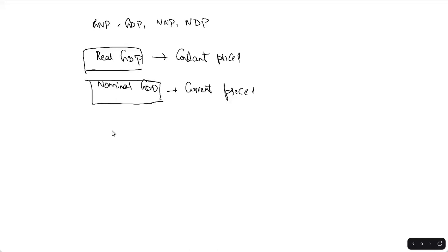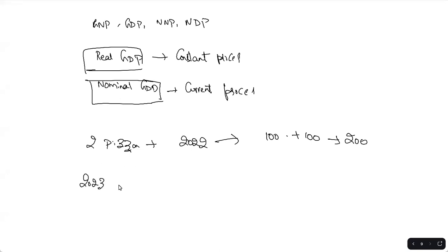समझो, let's assume that you have produced two pizzas this year, 2022 में सोचते हैं. ओके, आपने टू पिज्जास प्रोड्यूस किया है. ईच पिज्जा का कॉस्ट 100 रुपीज, देन 100 + 100 इज इक्वल टू 200 रुपीज. ओके, नाउ समझो आपने 2023 में एक ही पिज्जा प्रोड्यूस किया है, बट इसका पिज्जा का प्राइस डबल हो चुका है.